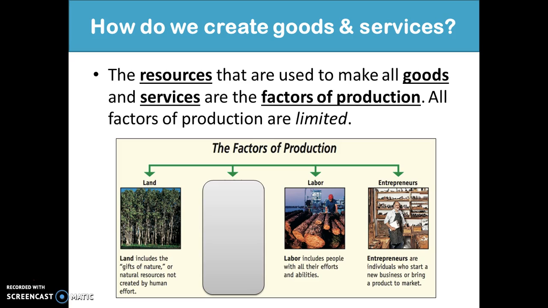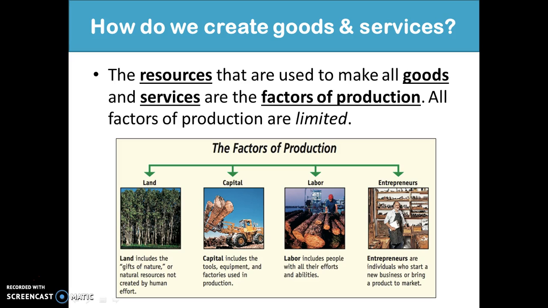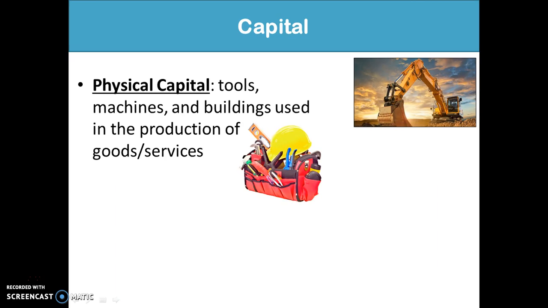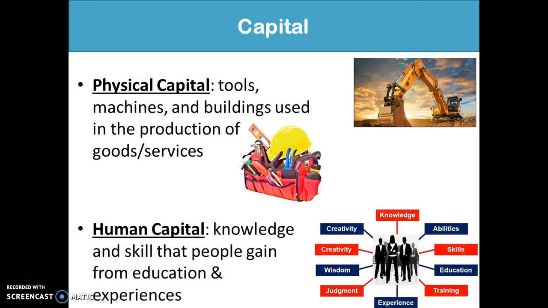And the last one I want to focus on is capital. And this definition says capital are those tools and equipment that factories use. I want to say that capital is more divided into two categories: physical capital and human capital. So physical capital will be all of those tools, machines, even buildings that are used to make goods and services. But human capital is going to be the knowledge and skill that we have and we gain from education and